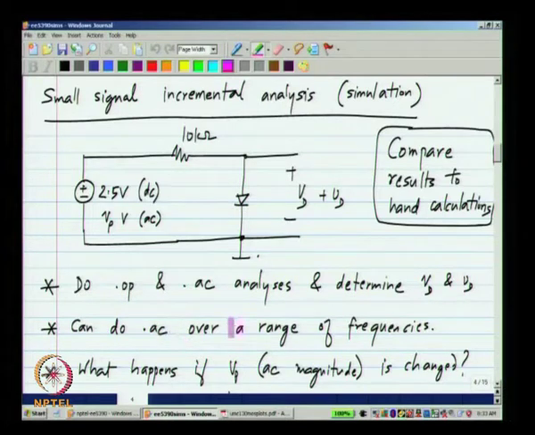You can also do AC analysis over a range of frequencies, and you can also try and see what happens if the amplitude that you specify for the AC analysis is changed. Okay. As I mentioned earlier, this is for a linear circuit that it does the AC analysis. So, the outputs should simply be proportional to the input. Now, of course, you can also compare the results to hand calculations.